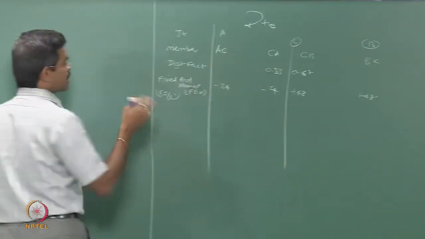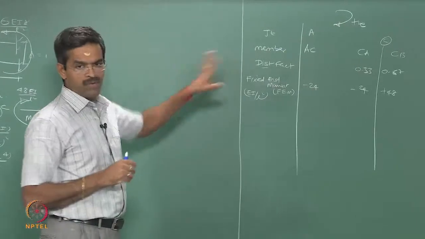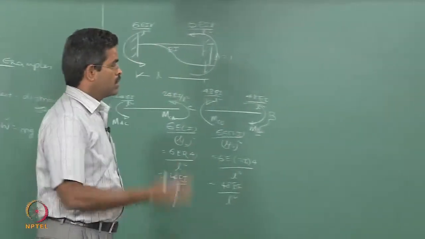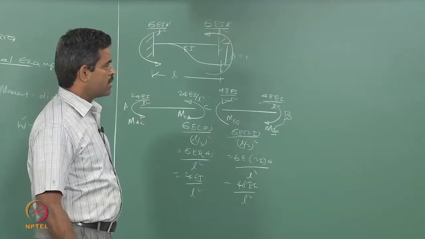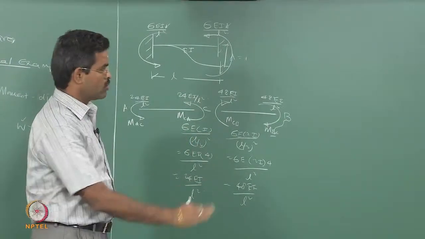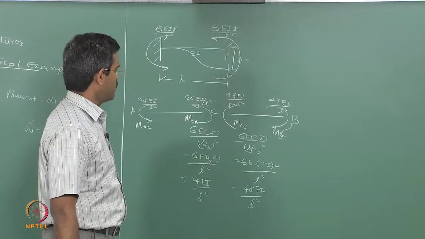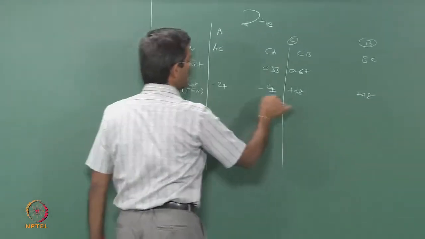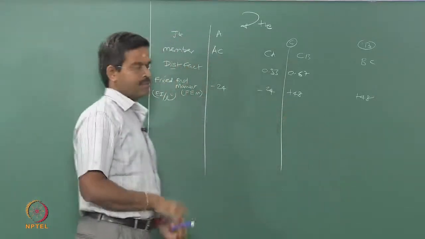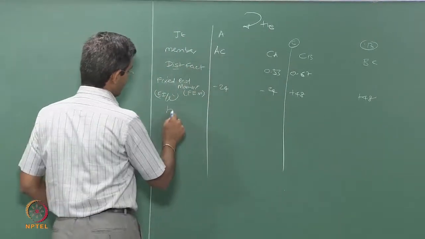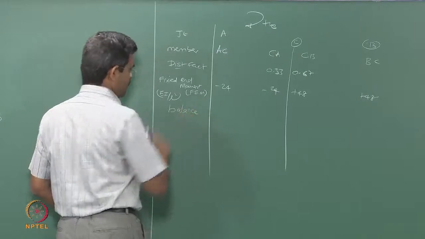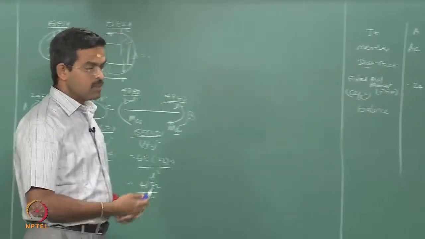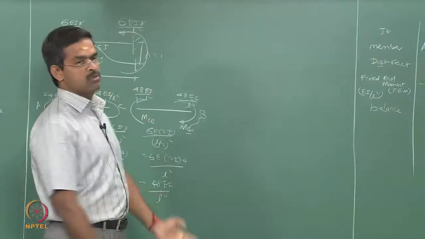So, the minus and plus correspond to the sign convention you have assumed. You can assume the other way also, it does not matter whether clockwise is negative or positive, but you should follow a sign convention through and through constantly. So, you will know how the problem is solved. Now, obviously, you will see that at joint C there are unbalanced moments, it is not balanced. So, I have to balance this. That is the principle of moment distribution. First you balance the unbalanced moment, then you distribute it, that is what is called the moment distribution method.